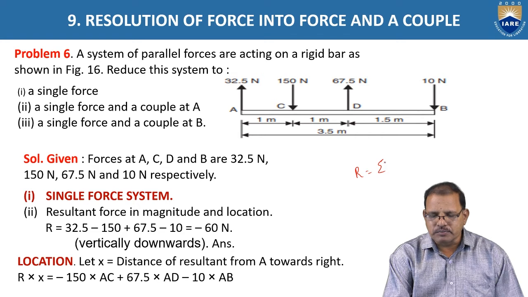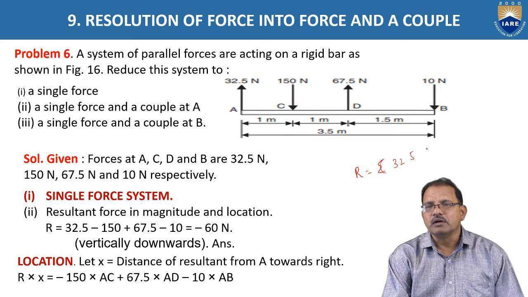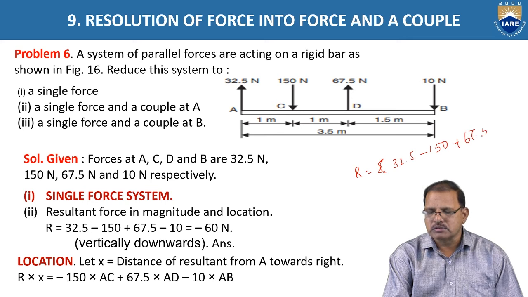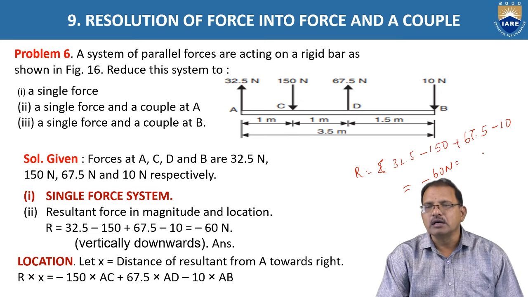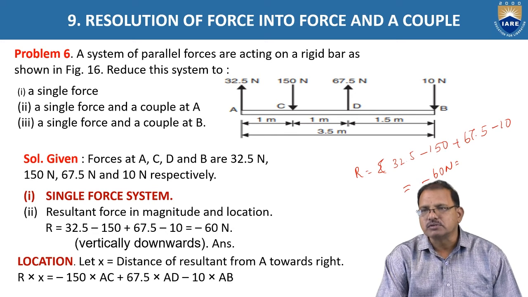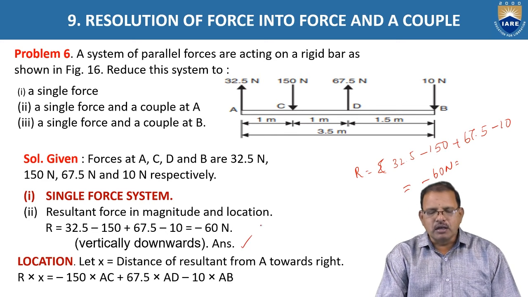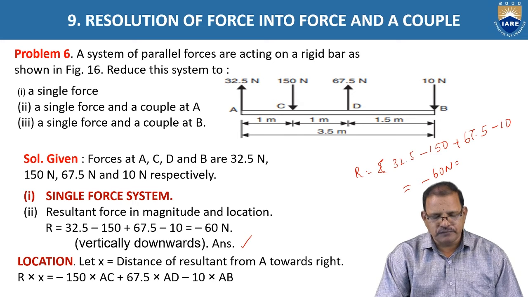Hence, according to this problem, 32.5 is acting in the upward direction, so positive. 150 newtons, negative, downward direction. Again, 67.5, upward direction, so positive. Minus 10. It should be equal to, now, how much? Minus 60. It is nothing but the resultant force is acting in the downward direction, having a magnitude equal to 60 newtons. Let x be the distance of the resultant